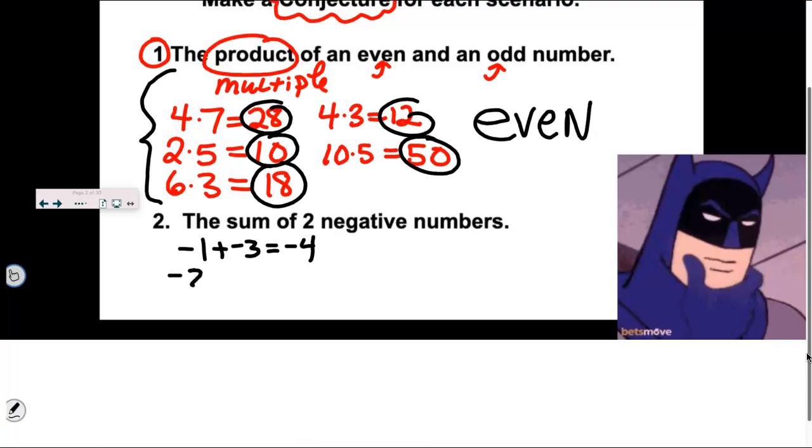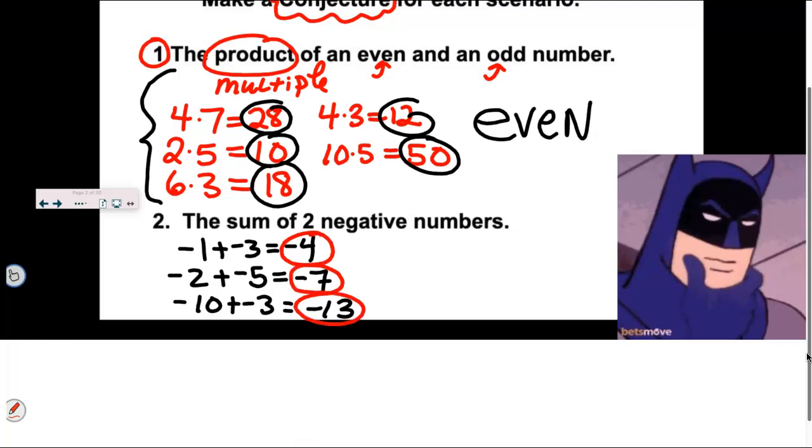So let's try -2 and then go down 5 more. Either, and I've been telling you guys to think of football, you're back 2 yards, get sacked back 5 more yards, or temperature, it's down 2 degrees and it drops 5. I'm down to 7. Let's do one more and then bail on that one. But I have another negative number and another negative. I'm down 10 yards, get pushed back 3 more. I'm down 13. What do I notice about all of these guys right here?